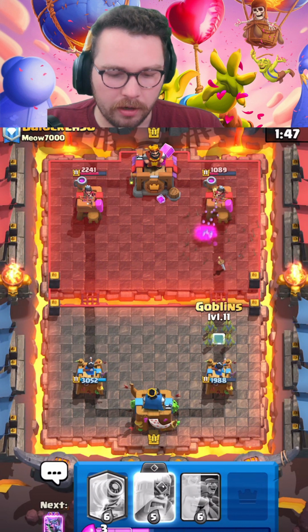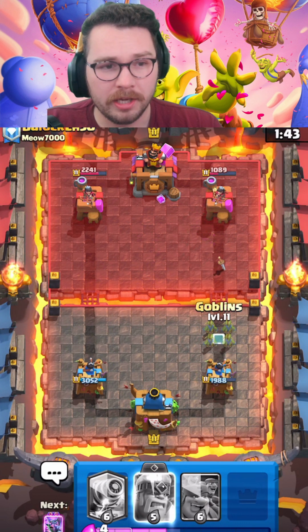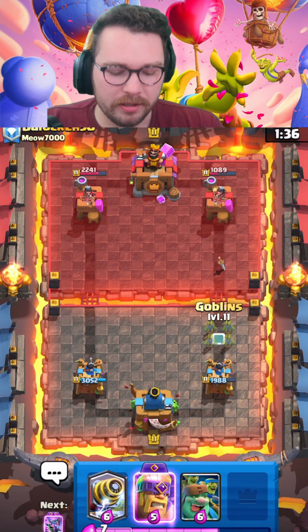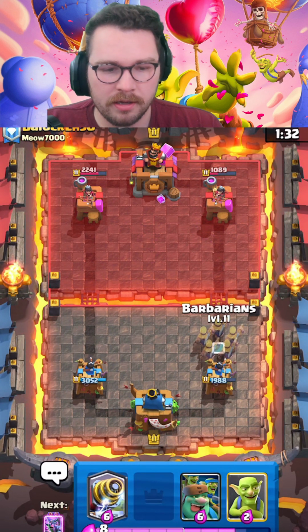Gonna be ready with the Hog with our Goblins, as well as our Bats. You can't support it with the Firecracker, so Goblins will keep the Hog to only one hit, if that is the case. So we're ready. This deck doesn't have abilities, so you gotta kind of be careful. I might even go with the Barbs because he doesn't have the